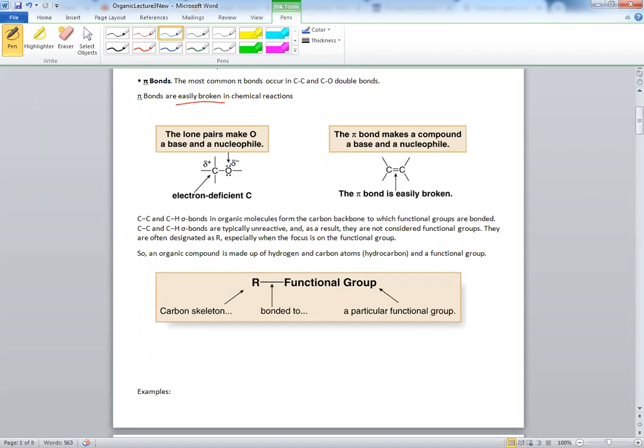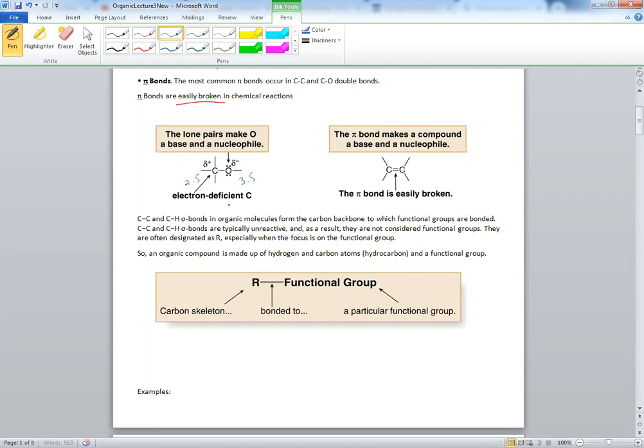So when it has lone pairs on it, it's going to be nucleophilic, meaning it's going to donate this lone pair or one of these lone pairs. And of course, because it's electronegative, with a 3.5 and carbon a 2.5, it's going to draw electron density away from carbon, making